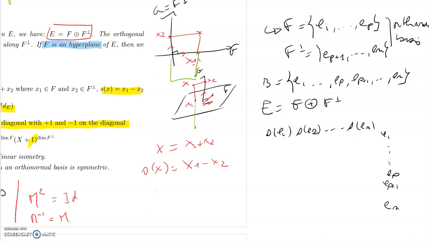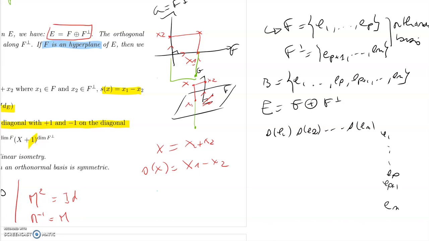So we were trying to create the matrix that represents this linear orthogonal symmetry. We have created those two bases, which are orthonormal bases of F and F orthogonal. And the good thing is that if you concatenate them, you have a basis of your whole space E. Okay, so if we're trying to make the matrix in that orthonormal basis of that symmetry, what's the image of